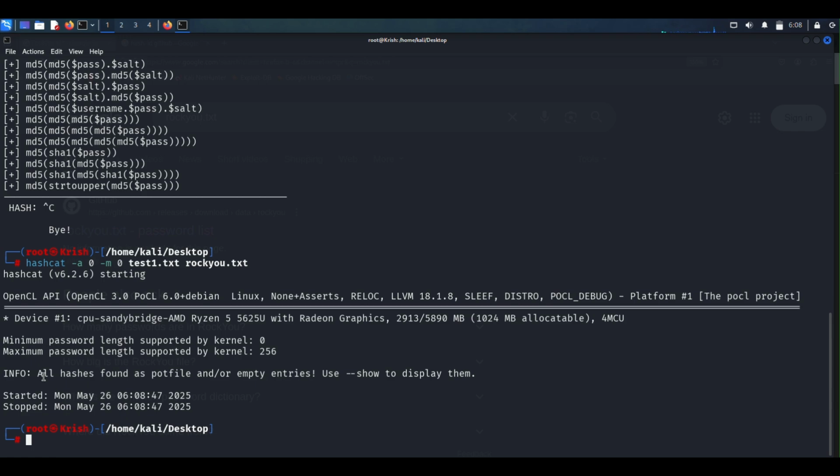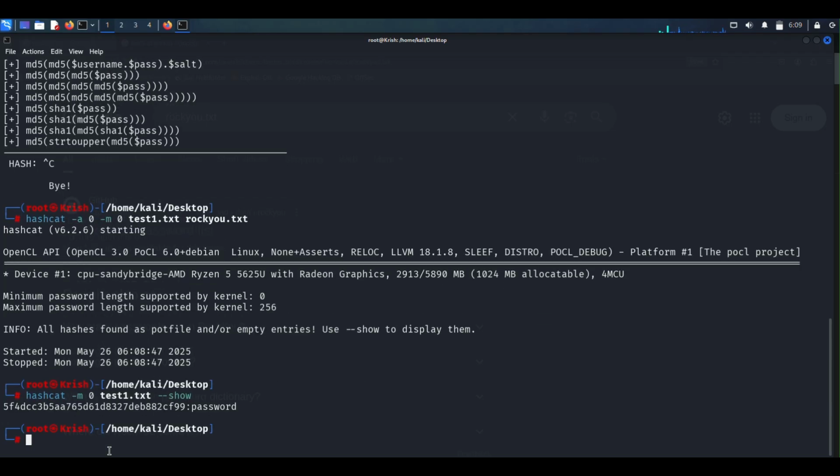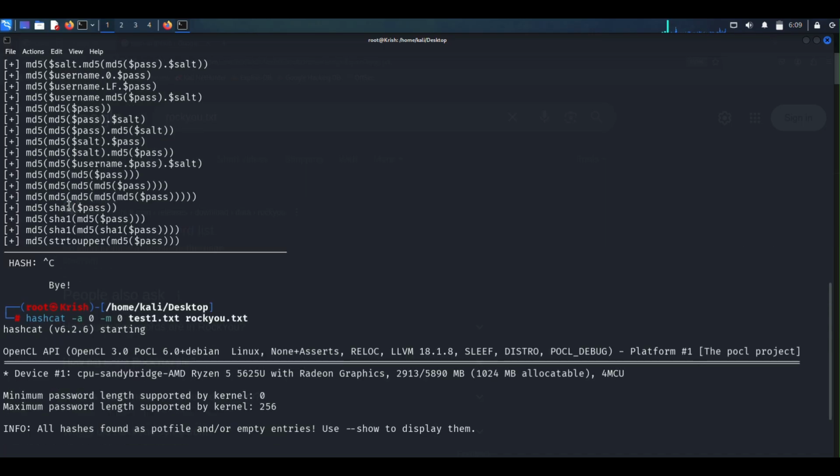It is saying that all hashes found are saved as spot file under empty entries, use --show to display them. So now we can use the show command to see the cracked password. You can use -m 0 with the file that we just cracked, which was test1.txt, and then the show command. And this was the hash we were trying to crack,